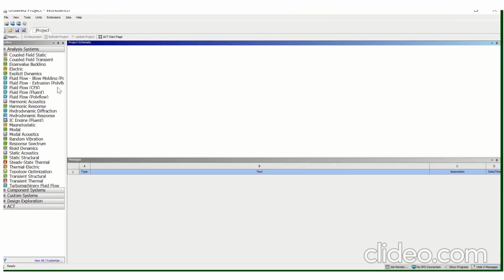Here you first need to open Fluid Flow Fluent. Just by double clicking on it you can open it, and then first you have to create a domain or a geometry to formulate the problem. So first we need to go into geometry by double clicking on it.